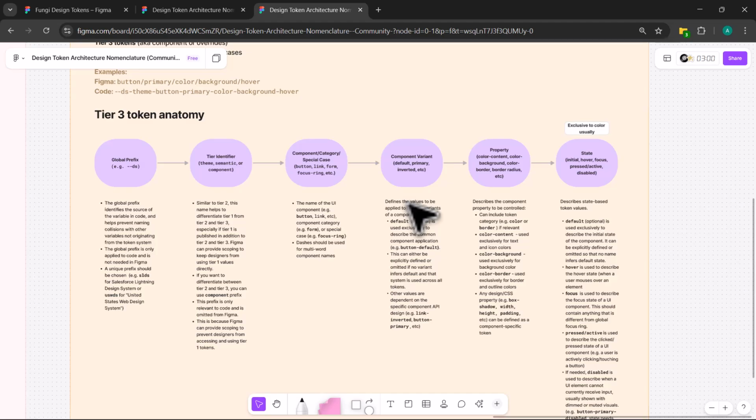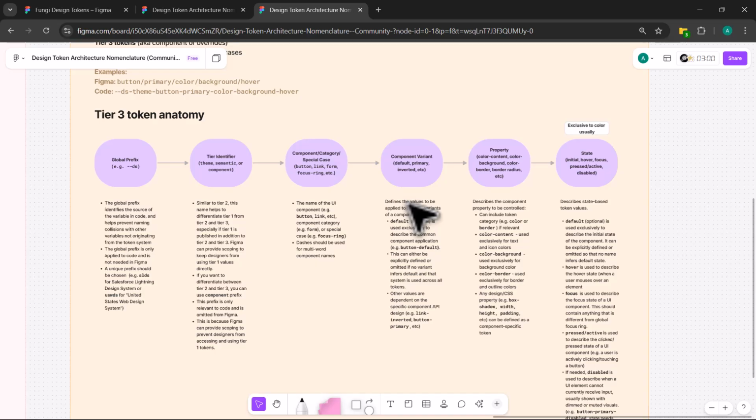So let me see, is there anything else I want to talk about? I think that's all. So to end this video, you now have the foundation, 3-tier architecture and professional naming. In the next video, we'll build this from scratch using an MVP in Figma. We're going to export the JSON using the import export plugin, then transform the JSON into CSS variables using ChatGPT and Style Dictionary. So we're going to build a button, the button for our project.